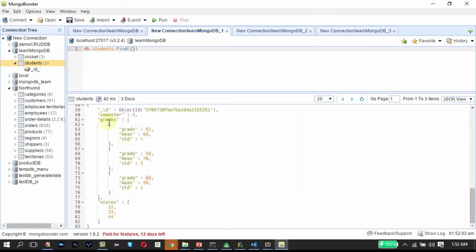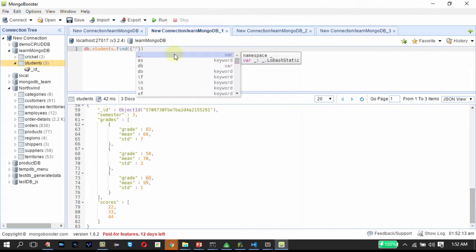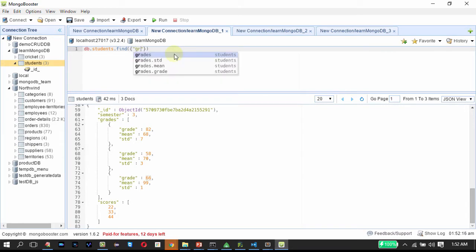Whereas in this case, you just need to change the key. So the first one is grades, and IntelliSense works very fine here. So this is how we are going to select grades.mean and then the regular thing